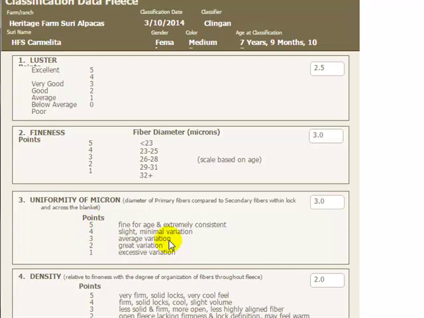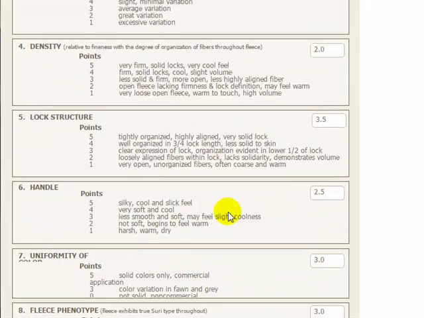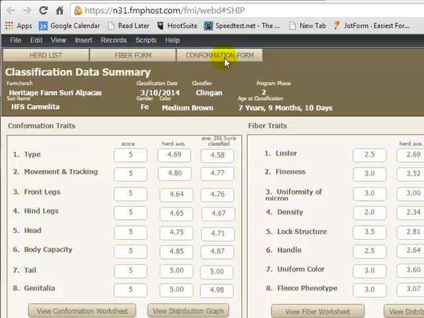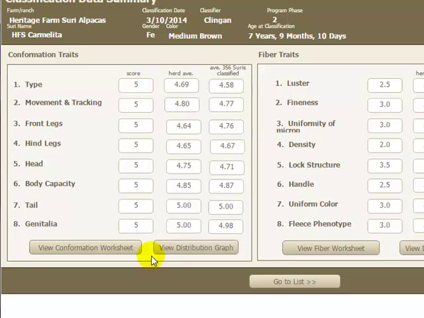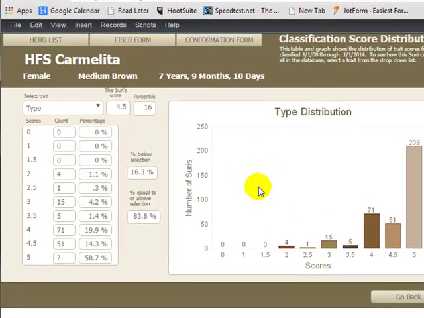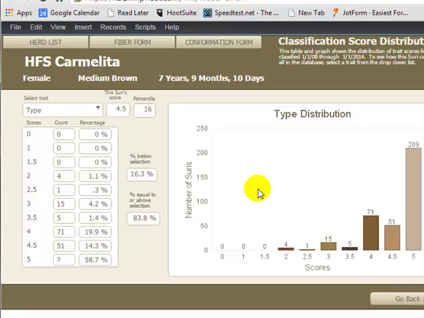Now what's interesting from this point of view too is that we can look at a distribution graph for these traits. So we click on this button, and what this brings up is a table and a graph that looks at the scores on all the animals that have been classified in this particular phase. So if I come up here to this trait section, I can select a trait from the drop down. In this case we'll choose luster,